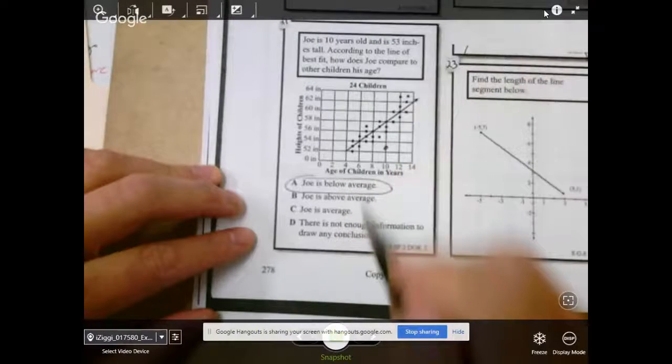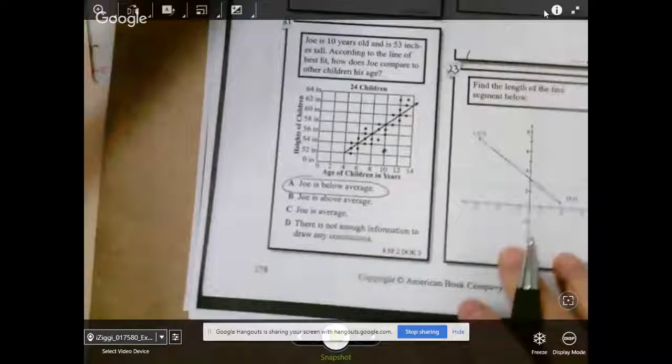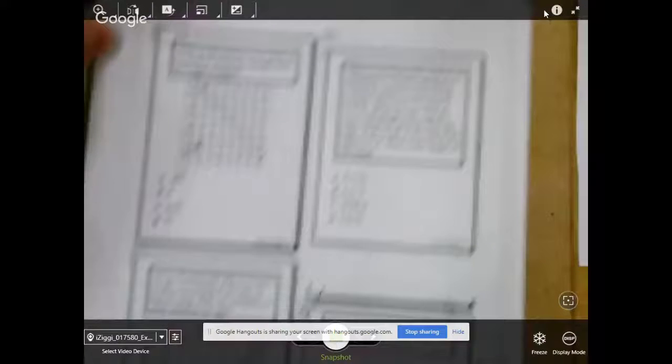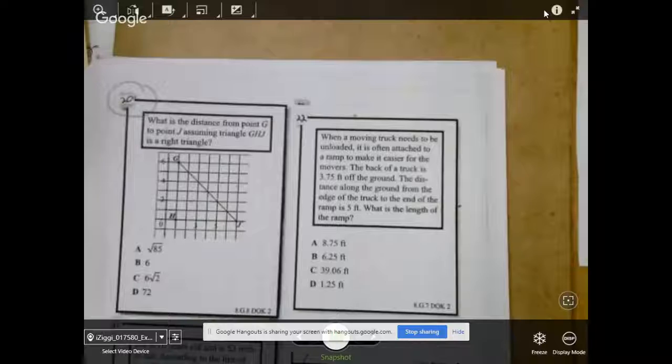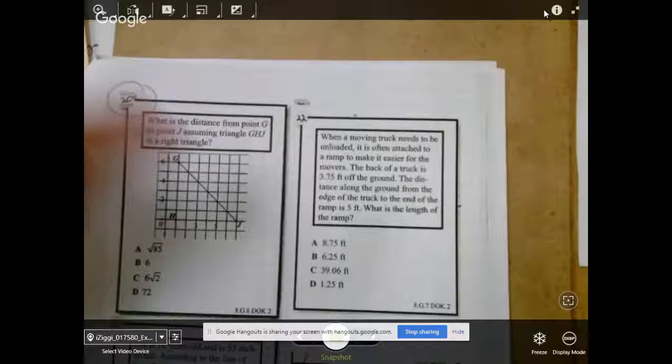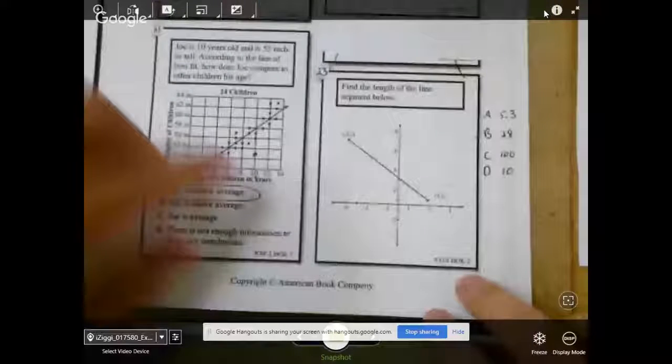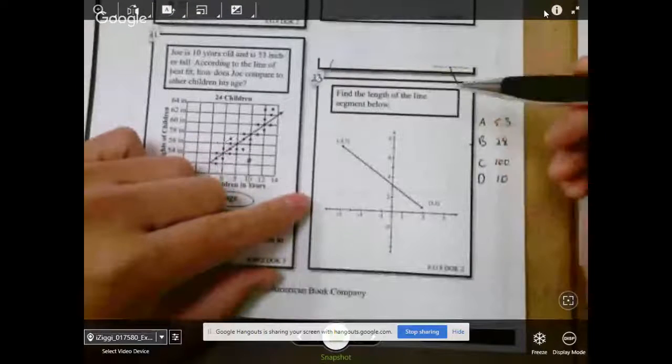All right, number 22, a moving truck to be unloaded. It is often attached to a ramp. Looking at this one, I think I want to go over this in class. That one. Number 3, find the length of the line segment shown. So we're looking for that distance. Well, looks like we can use